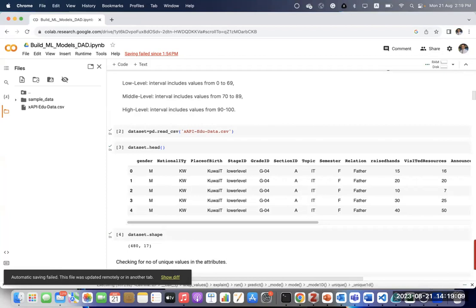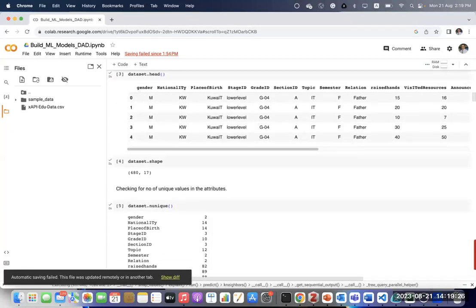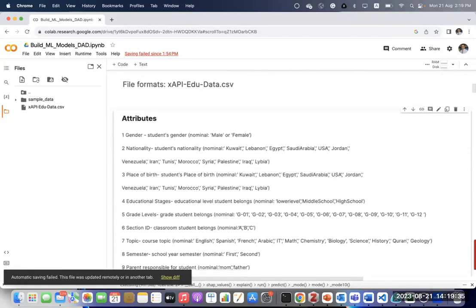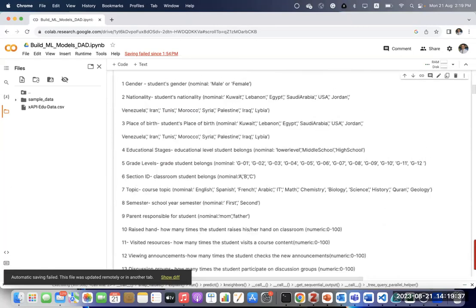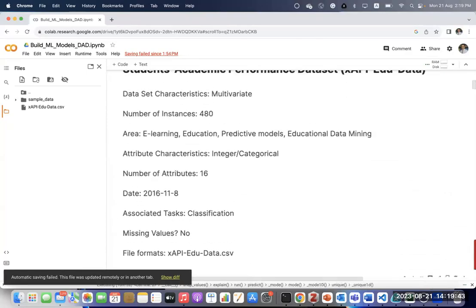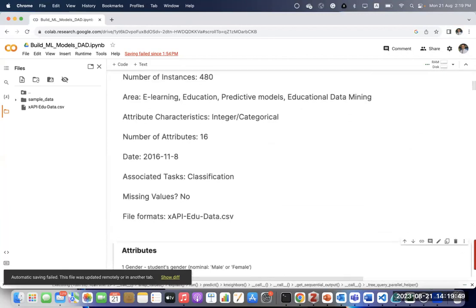So now this is the data. We have 16 attributes. Before we do the encoding, you can see it is in a technical format. In total we have 16 attributes, but we also have the label. So the label here, as you can see, where is the label? Okay.